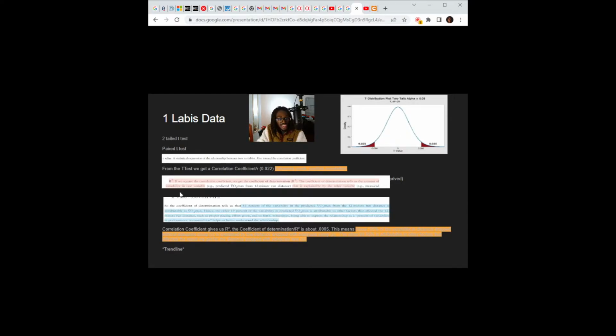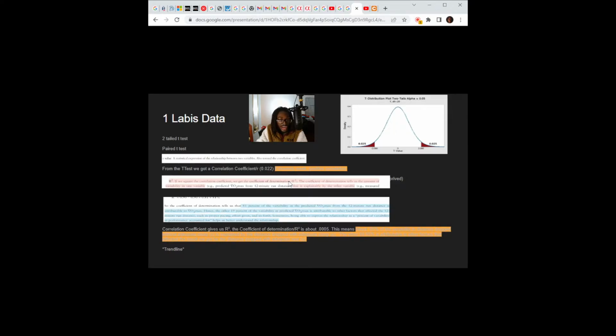I have some examples here that all came from the book, and my book is on Chegg. But let's take a look at this for a second. This is R squared. If we square the correlation coefficient, which is this number right here, we get the coefficient of determination, or